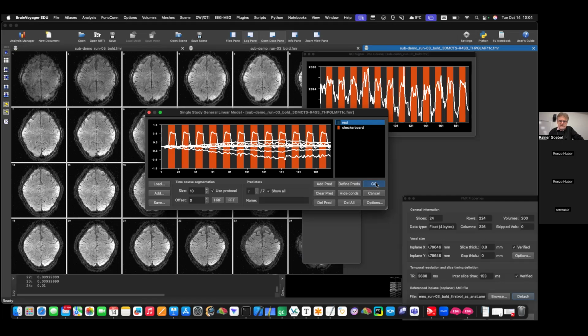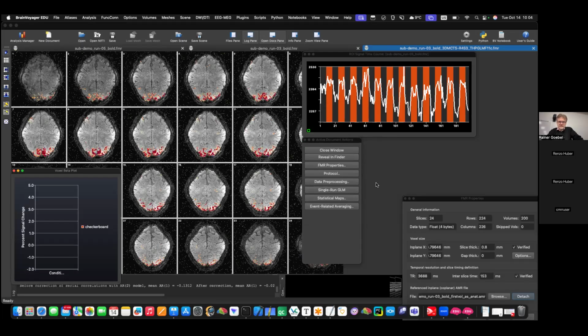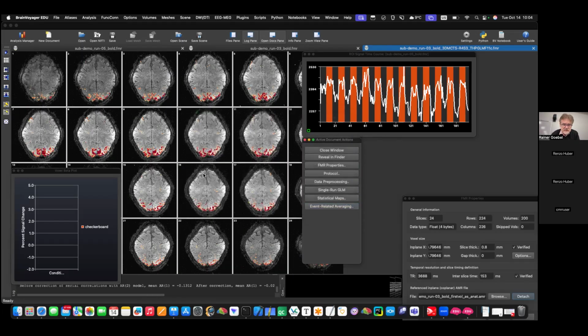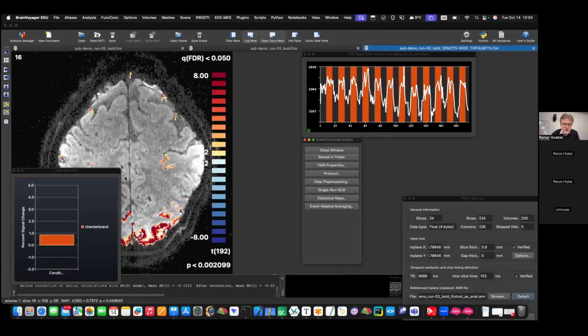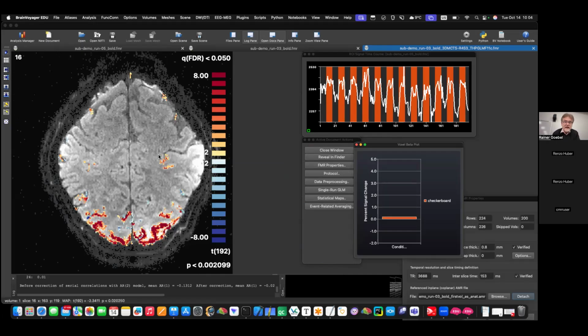And then when you run the statistics, look at this, it's extremely strong now. So we can go here in the statistical map and add a bit of cluster thresholding. And you see how amazingly strong that data is. Now we have pre-processed, and you see lots of smaller active regions become active here, and even in the checkerboard,